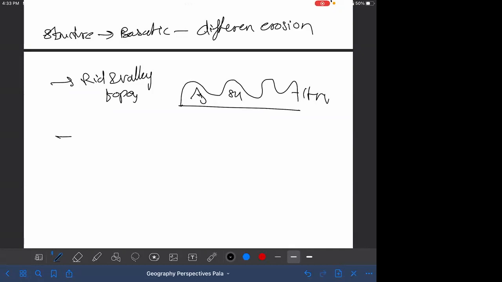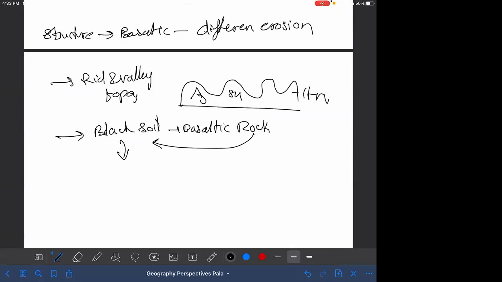Another thing to remember is the basaltic, so the black soil that is found there. Black soil is made possible because of the basaltic rock. It was a Prelims question: black soil is the soil formed by weathering of basaltic rock, and it has its own different properties like